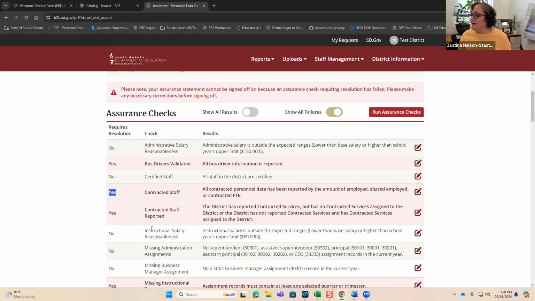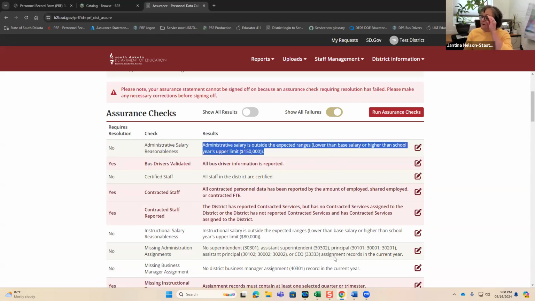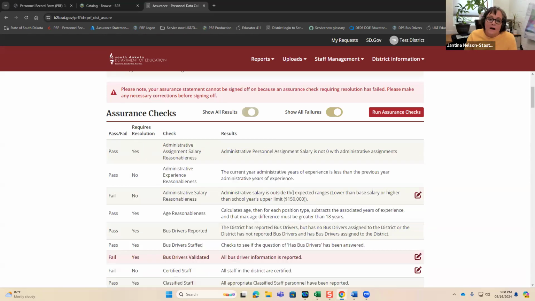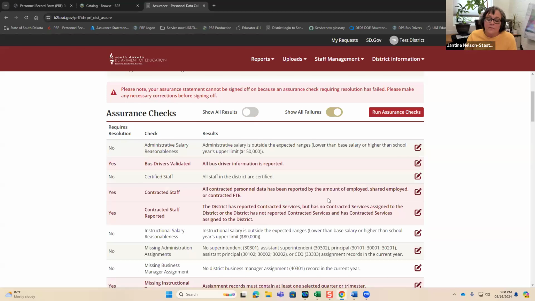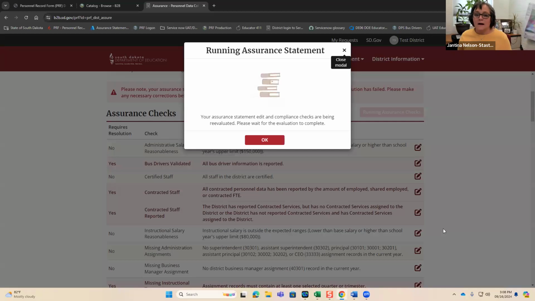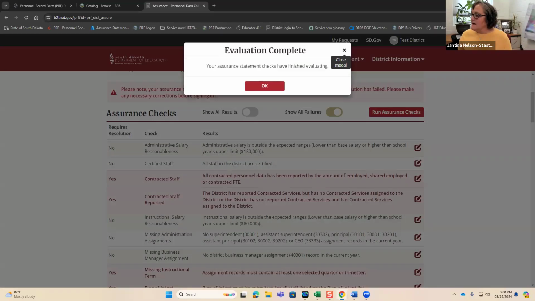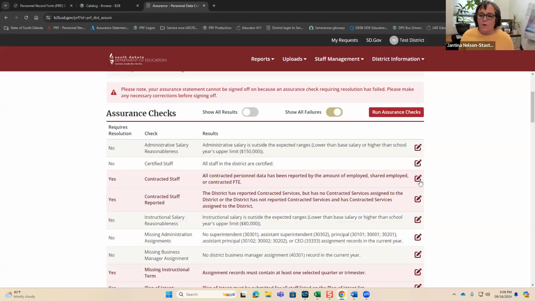All of these checks failed. And then it's going to tell you how this is corrected. You can modify the filter list and display the validation checks based on the toggle selection up here. You can see some of the errors that passed, but the ones of concern are the ones that didn't pass. So when you click on that running assurance statement, you can go to those that require resolution.